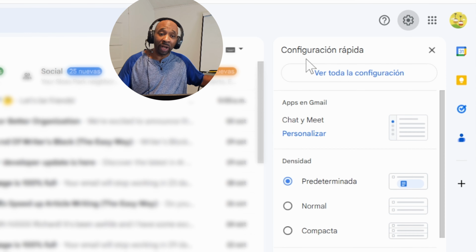So configuración rápida. Ver toda la configuración. View all the configuration. View all of the configurations, all of the settings. Another name for configuration in English is settings. So view all of the settings. Okay, that's it. Then a little down under there, we have predeterminada. So predetermined. Look at that root.